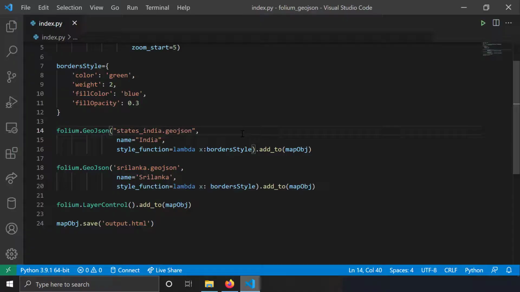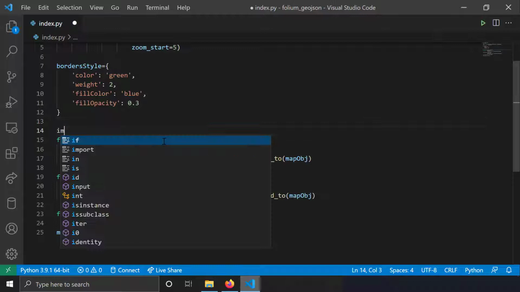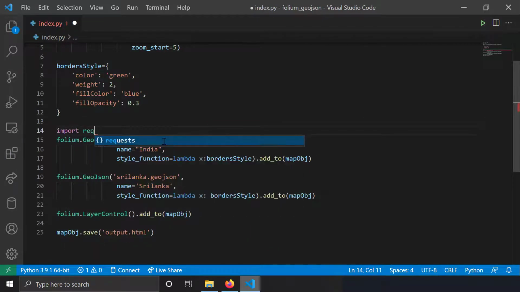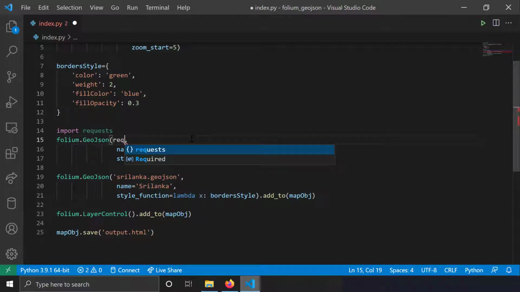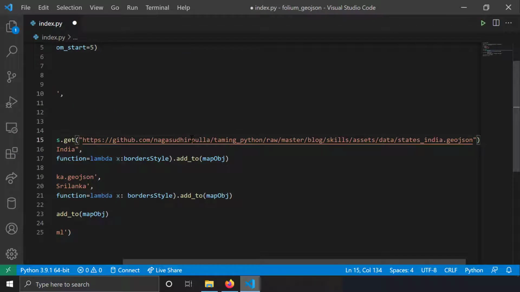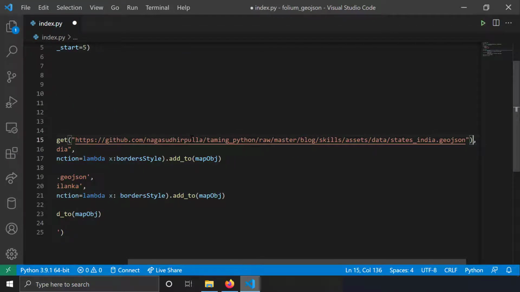One more thing I want to specify here is, if you want to load your GeoJSON from the internet, like if it is not stored in a file, if you want to get it from an online source like GitHub, you can even do that, and it's really simple. I'll demonstrate it in this example. First, I've got to import the requests module. I'll import requests here, and then I'll write the URL of that path. So I'll write requests.get, and I'll write the URL of that JSON file, and this is my URL of the GeoJSON file. And then I'll write .text after get.